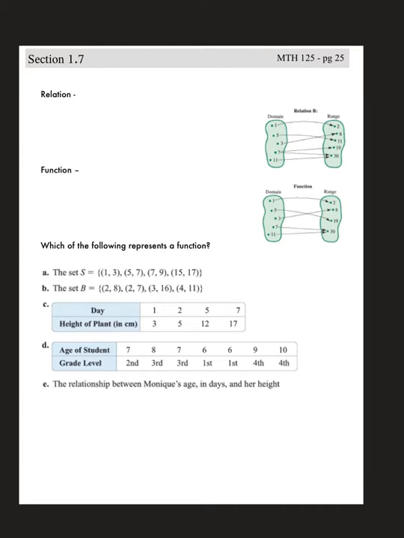Page 25 is the end of chapter 1. We're going to start with some vocabulary,